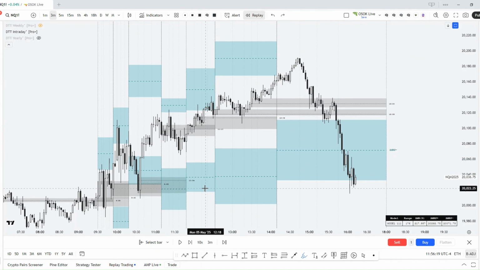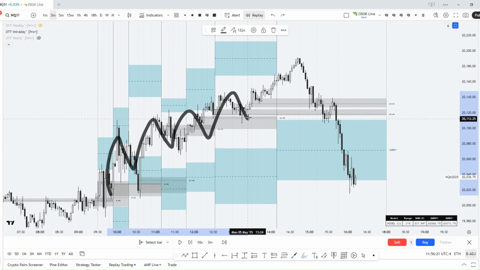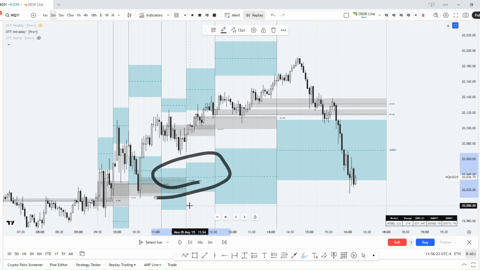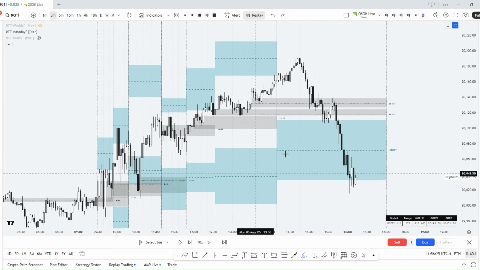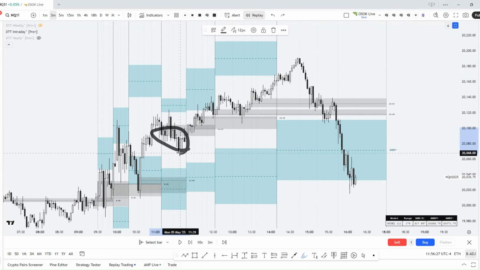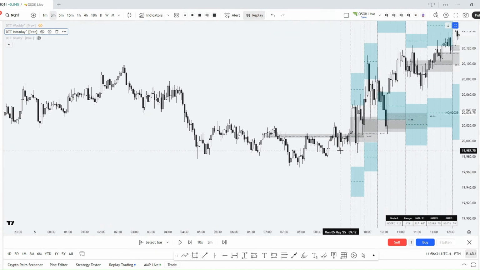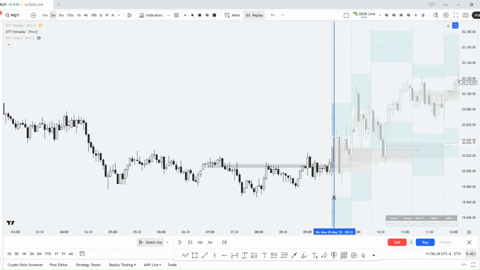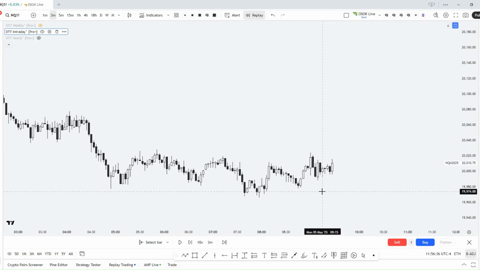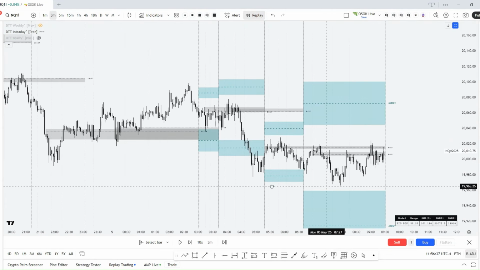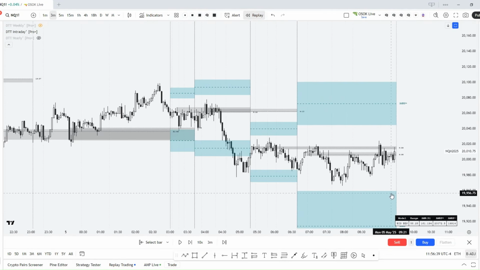This is actually really important. When price is trending, I don't have to wait for AMRP. I don't. I hop in the middle of the range because I know there's a clear trend. When price is ranging and there's no clear direction, but perhaps I'm still looking for a tiny scalp,